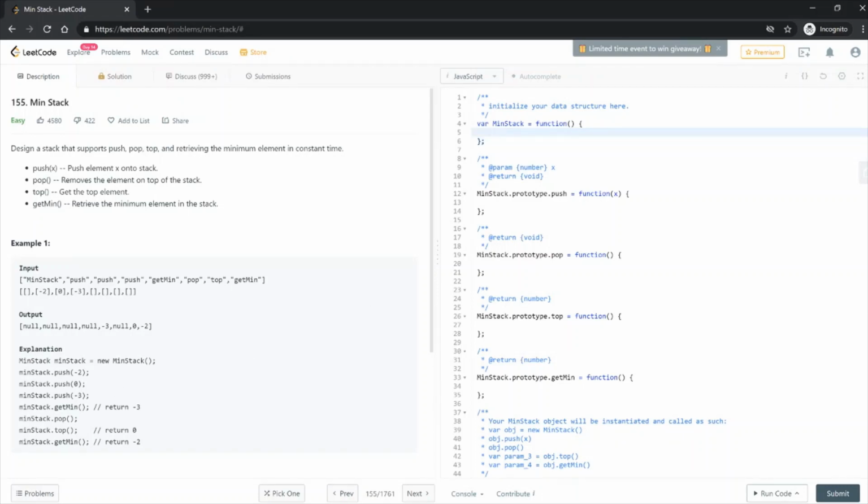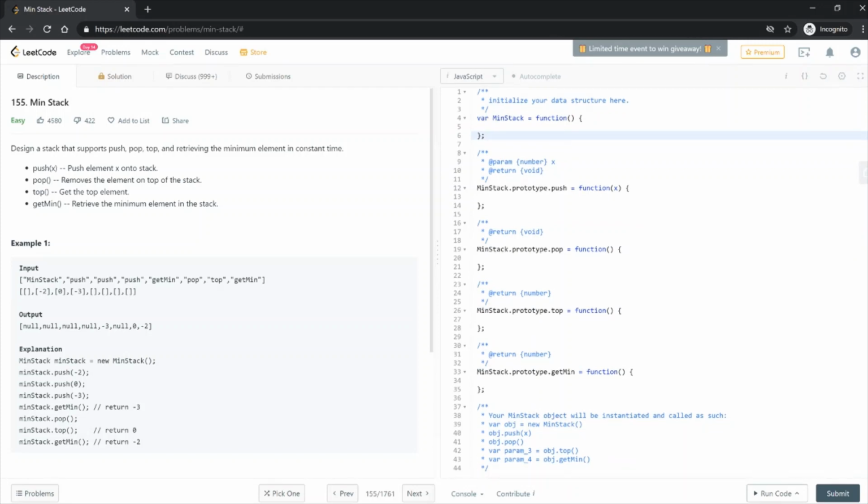They give us a small example over here, and they show us the paradigm that they'd like us to code this in. And so we set this min stack variable equal to a function. And what that lets us do is, when we use these methods here, we set the attribute prototype, we set these methods inside the attribute of this min stack variable. And so what we can do is then create a new min stack object, and whenever we apply something like this, items is equal to an empty array, whenever we initiate a new object, it would have access to its own